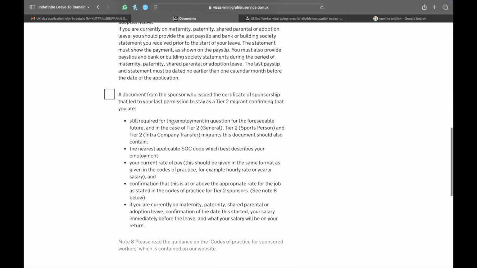And then a document from the sponsor who issued the certificate of sponsorship that led to your last permission to stay as a Tier 2 migrant, confirming that you are still required for the employment in question for the foreseeable future, and in the case of Tier 2 General, Tier 2 Sportsperson, and Tier 2 Intra-company Transfer. So this is a document that you still need from the company,